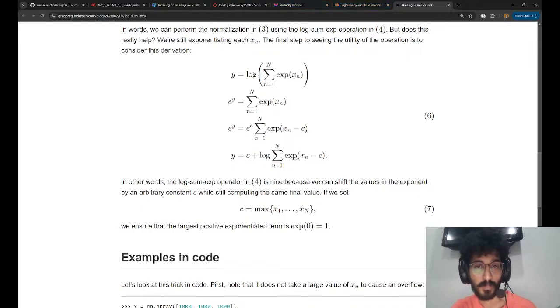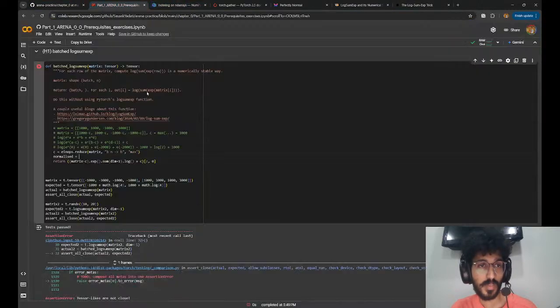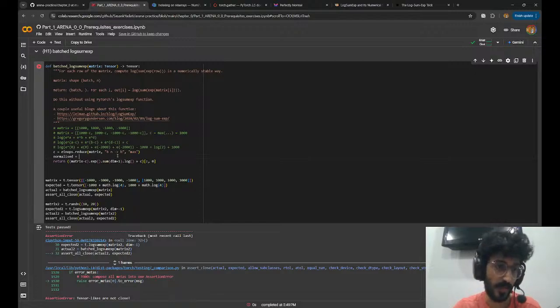Hmm, exactly what I'm doing, or so I thought. P matrix is of